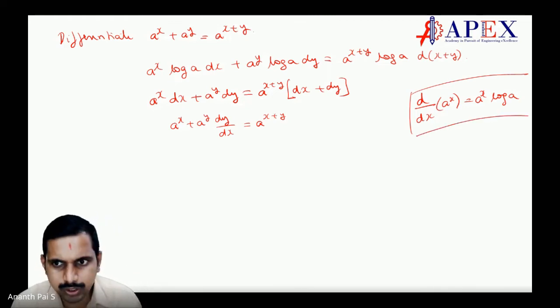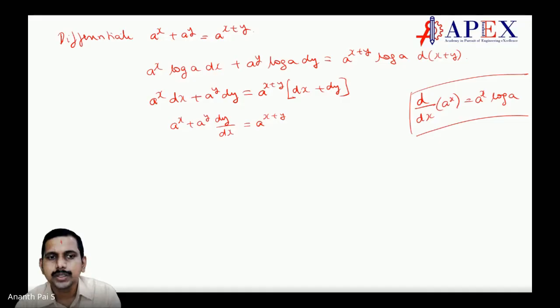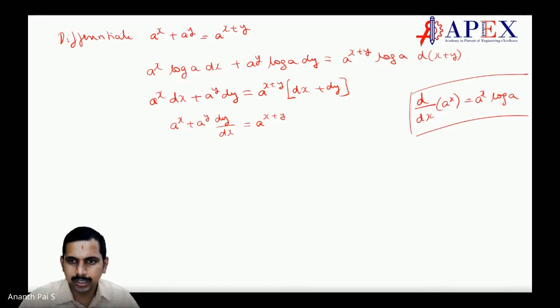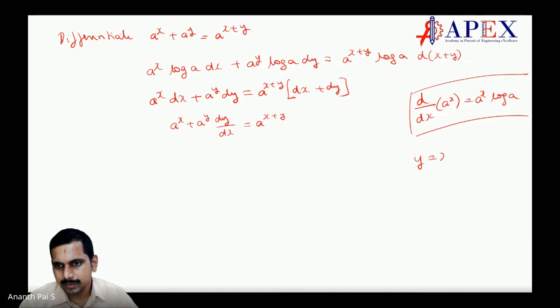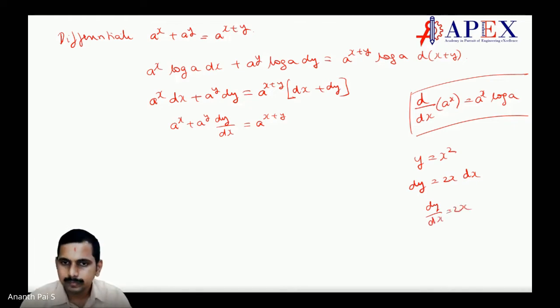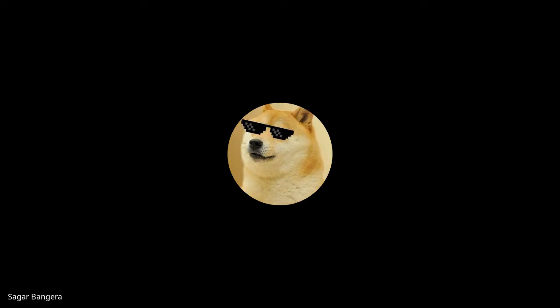Let us put all the rules. I'll give you that by today's class. Differentiation of x with respect to x should be 1, no, sir? See, whenever you differentiate, it is dx. In case you say y is equal to x square, if you differentiate, you say dy is equal to 2x dx. So dy by dx is equal to 2x. Make sense? Clear? Yes, sir. Similar way we do this.